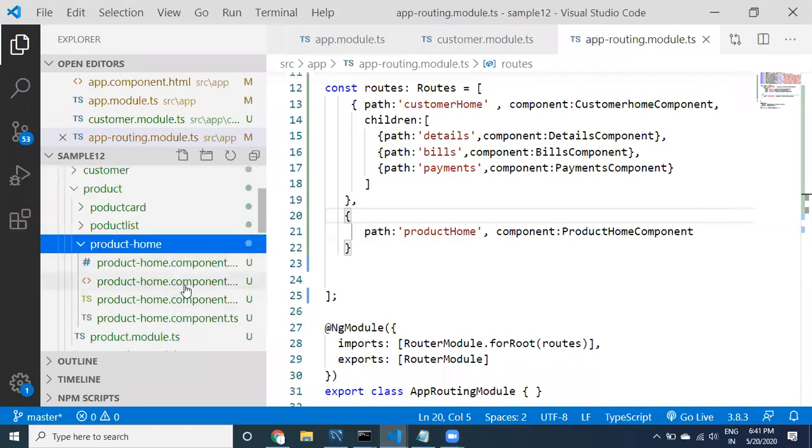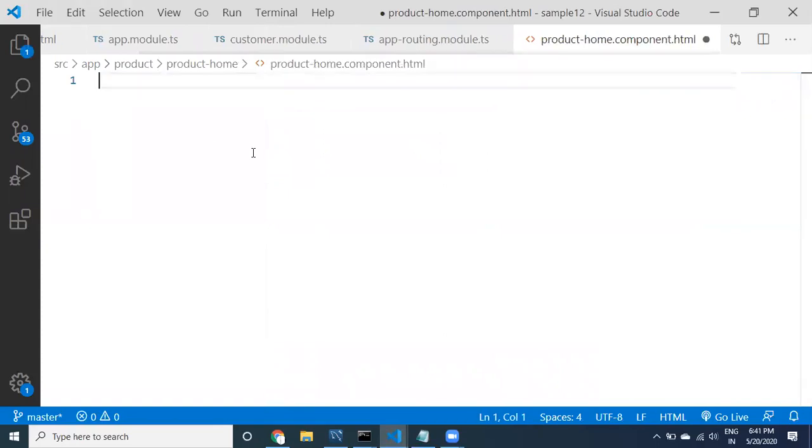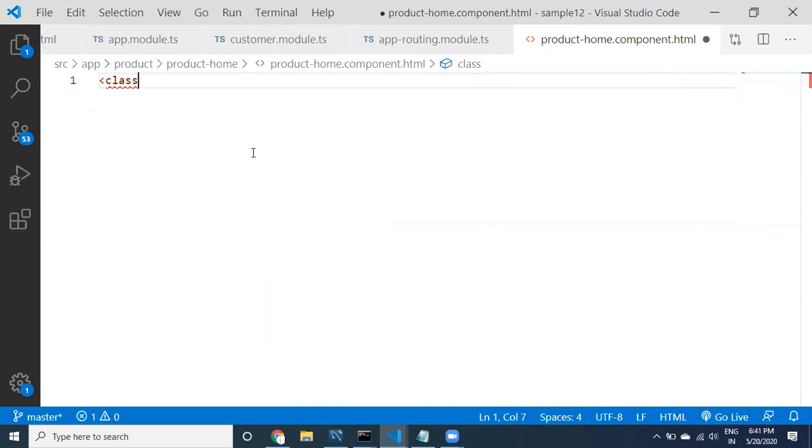Product home component. You can open the product home component. Within the product home component, I have to provide a div with class equal to row.